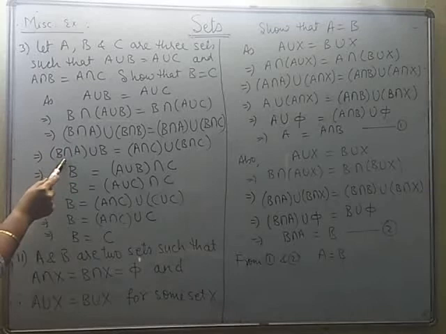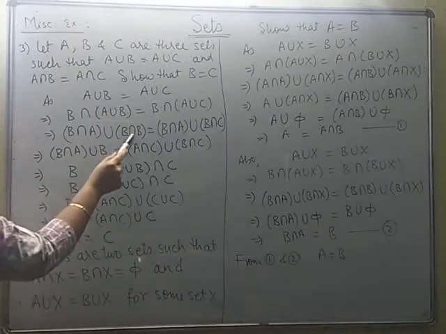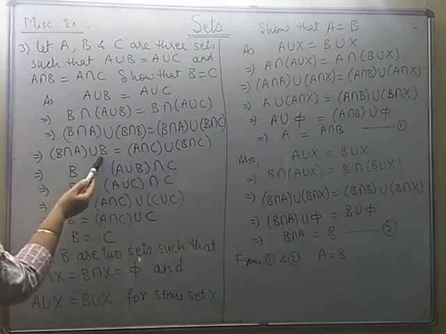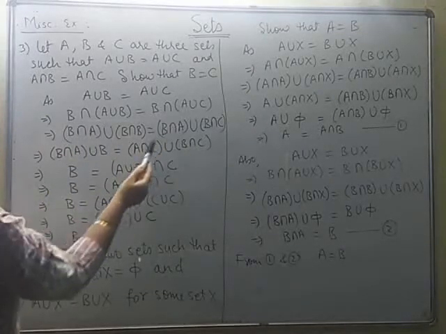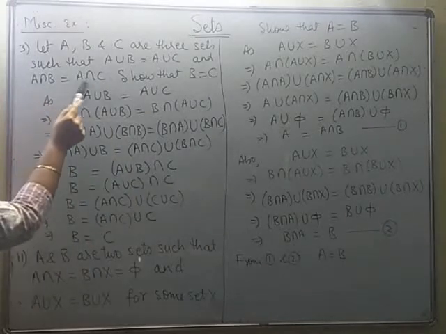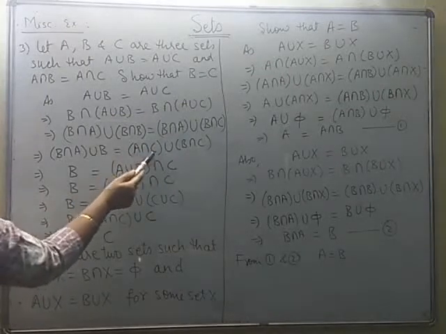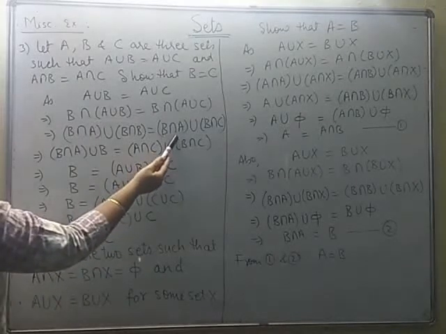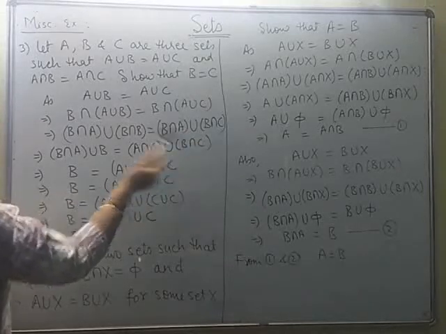Now B intersection A keeping as it is, then union B intersection B will be B only because both are the same set and we are finding what is common to both. So it will be the set itself. On the right hand side, I have replaced B intersection A with A intersection C. You can see here A intersection B and A intersection C are equal to each other. So this A intersection B is replaced by A intersection C. B intersection A means A intersection B only, and hence replacing it by A intersection C. Other set as it is.